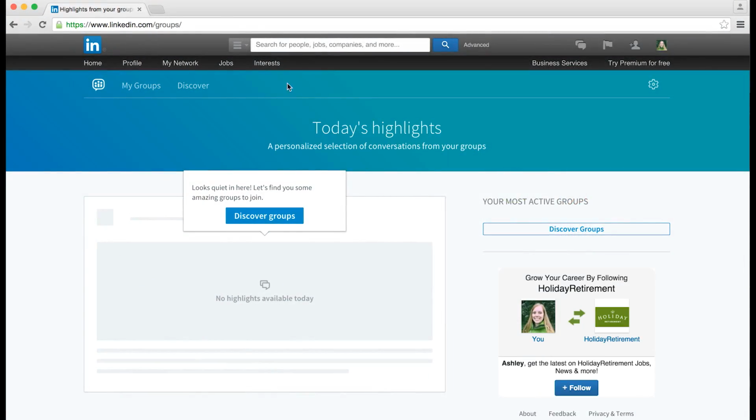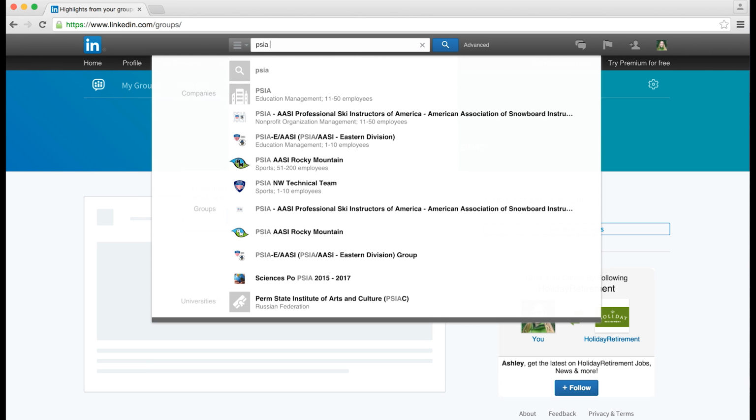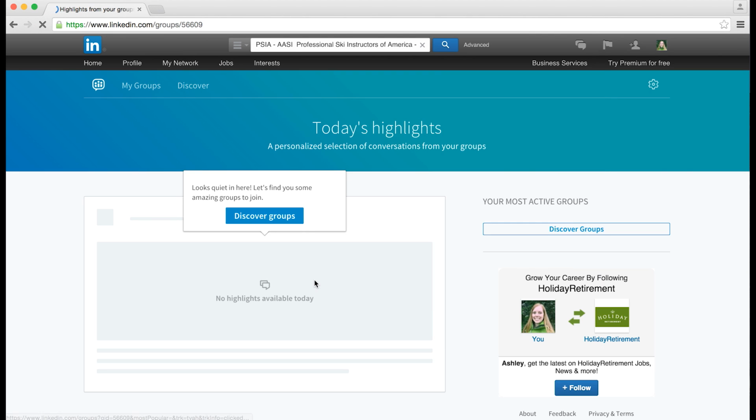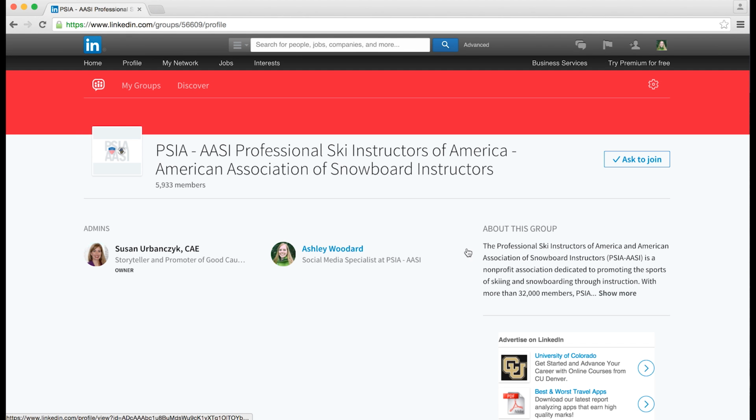Another great area is the groups area. Again, search for PSIA and AASI, go to the groups section, and this will pull up the PSIA and AASI group. Ask to join, and once your request is approved, you'll be a part of the group and able to start